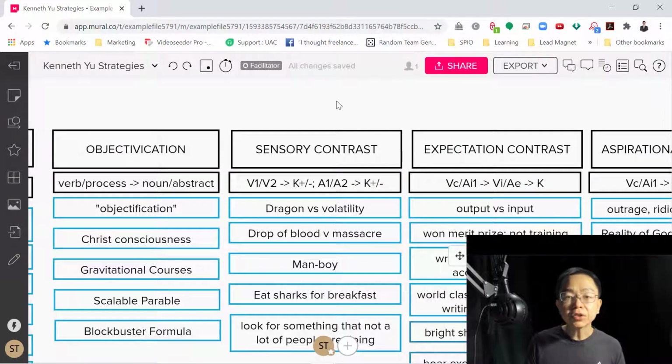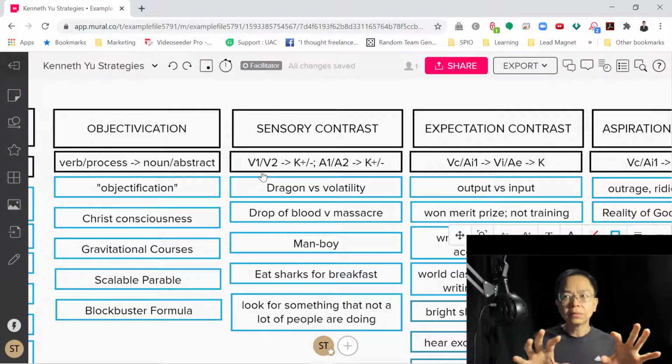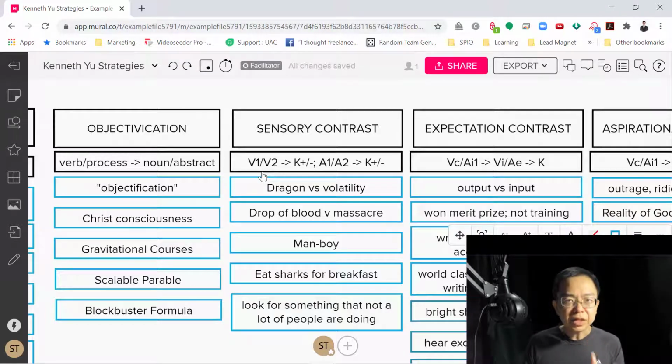Okay. Sensory contrast, dragon versus volatility. What the sensory contrast does is this. It creates for you a first visual image and a second visual image, and because it's a side-by-side comparison, you go like, oh, this one is good, one of the other visual images is good. Or you can take two images and then you go like, oh, this choice is going to be bad. So when there's a sensory contrast, it cannot be an effective contrast if it doesn't create an emotional state change. So it could be a visual or an auditory contrast, and it leads to some kind of change in state.